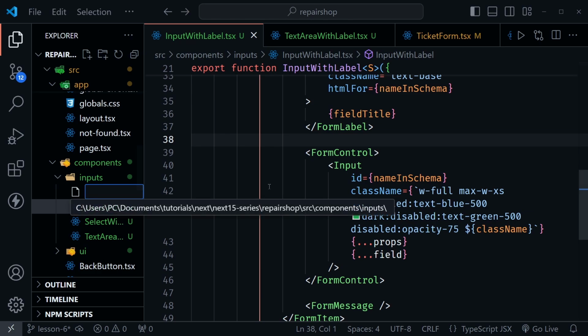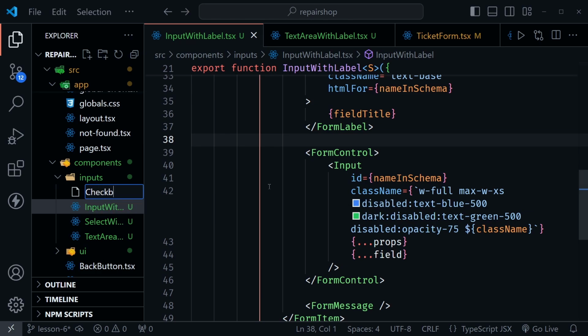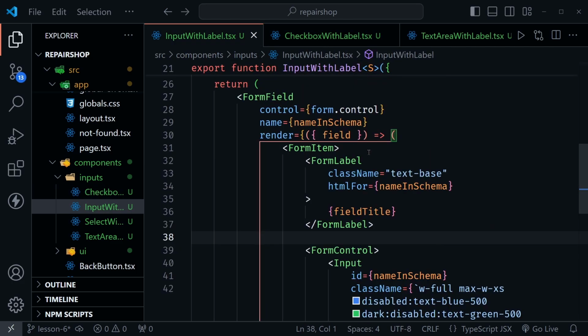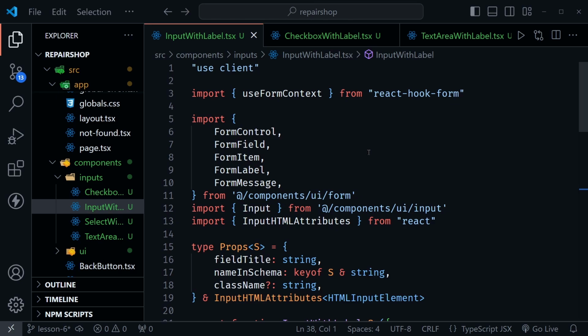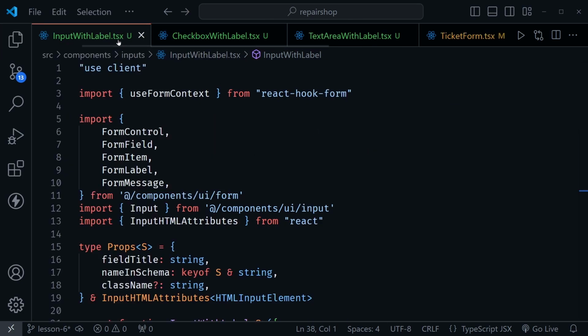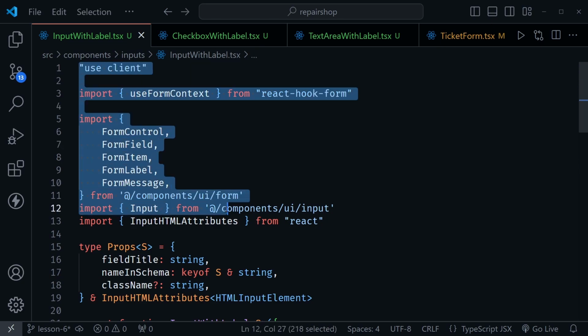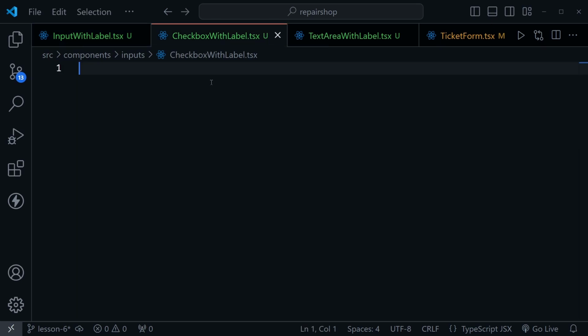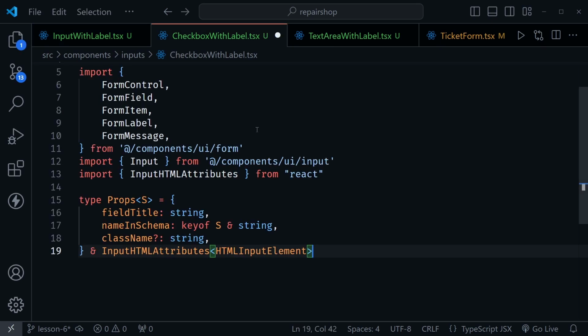So I'll create our new file here. I'm going to call this checkbox with label.tsx. As we have with the other inputs we've created, let's go back to that input with label file first. Also, I'm going to press Control B to hide the file tree so I can switch back and forth up here at the top. And I'm going to copy the first 19 lines and just see what we need to change once again. So everything through the props, Control C to copy, back into checkbox with label, Control V to